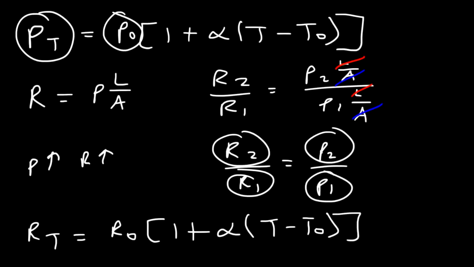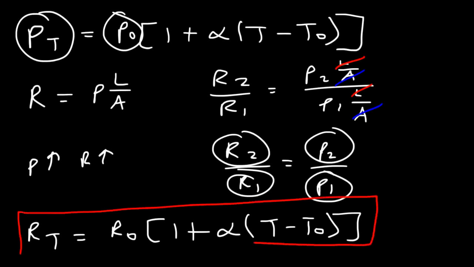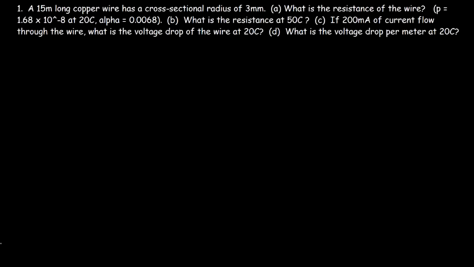So if we have the resistance at one temperature, and if we can measure the resistance at a new temperature, then using this equation, we can calculate the new temperature or we can calculate the new resistance, whichever we want. And so that's how you can use resistance to measure the temperature of an object or even the temperature of a room using a digital thermometer. Now let's work